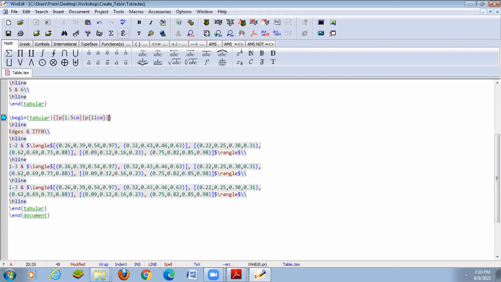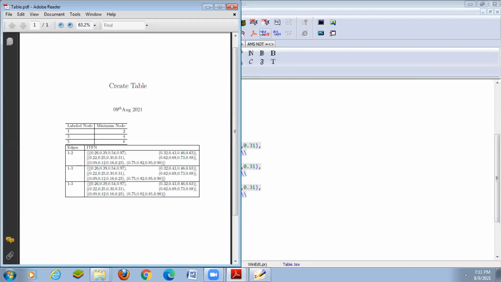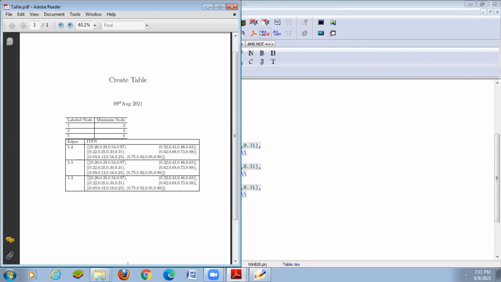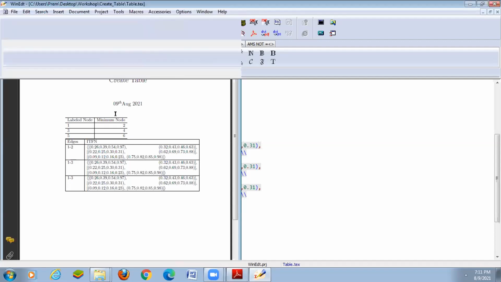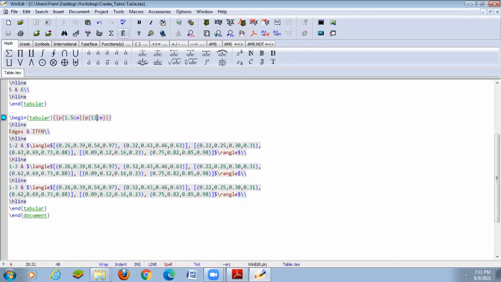Okay. Now we can compile and run. So you can reduce that, not 4, 7.